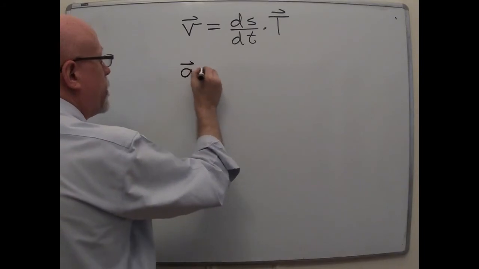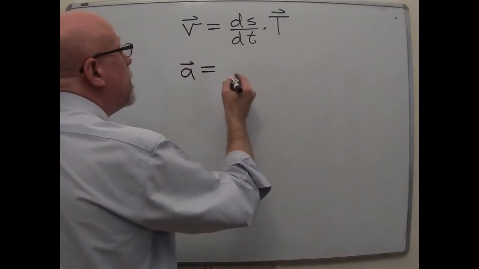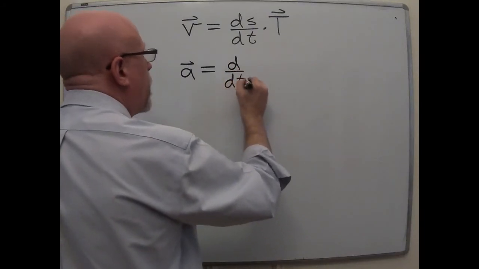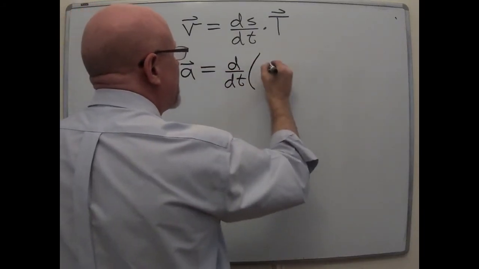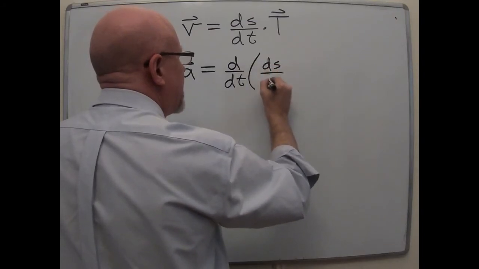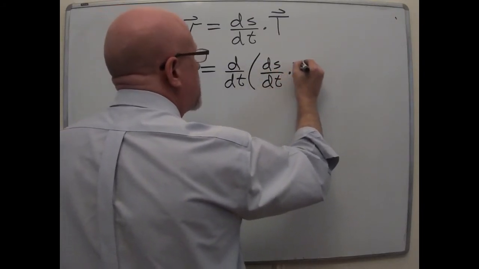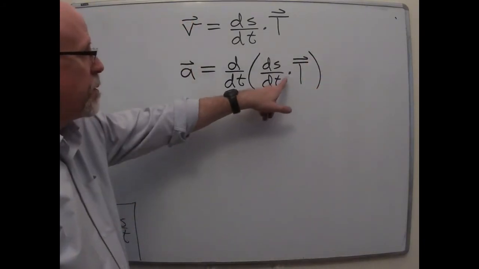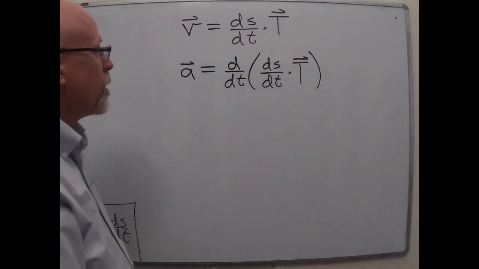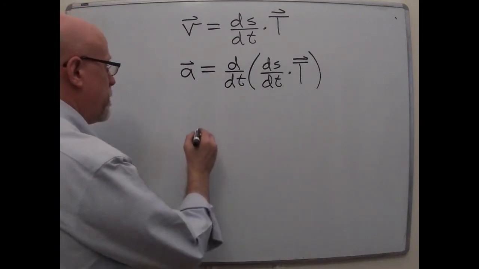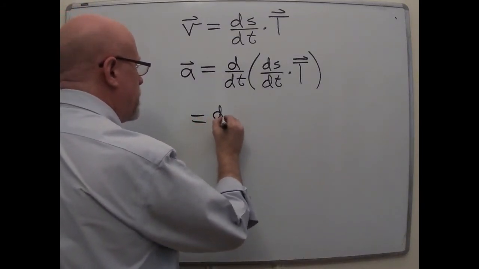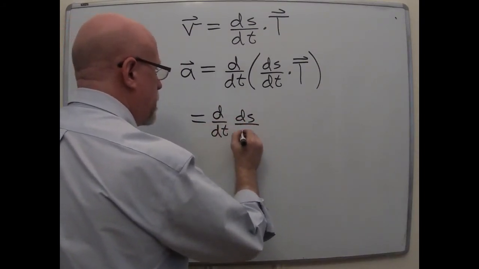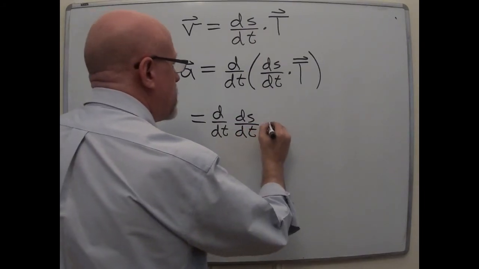So the acceleration can be written as the time derivative of ds dt times T. But this scalar multiple times a vector requires the product rule. So we get d by dt of ds dt times T